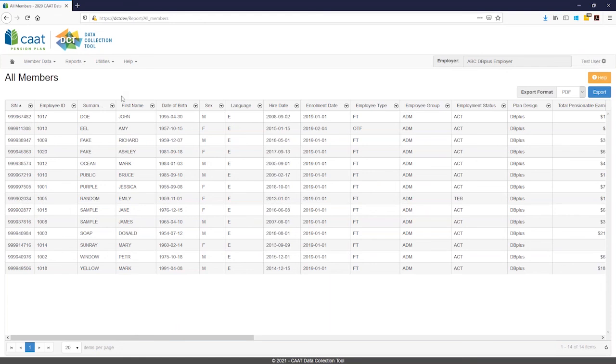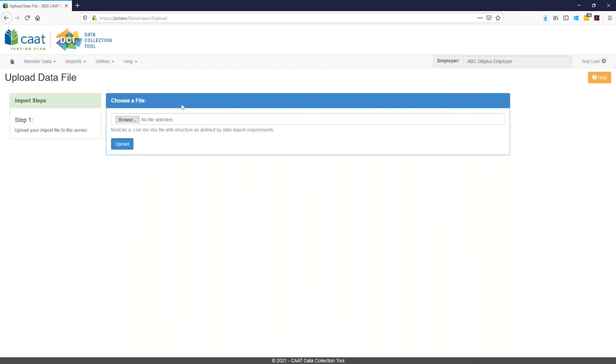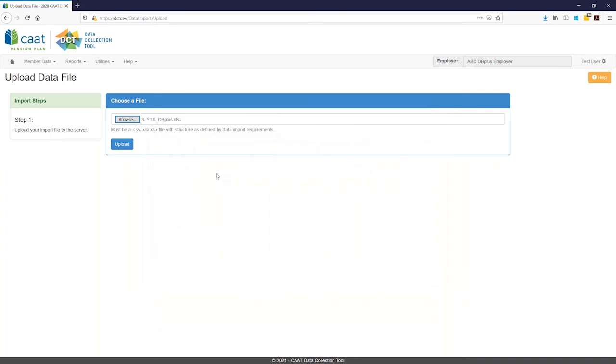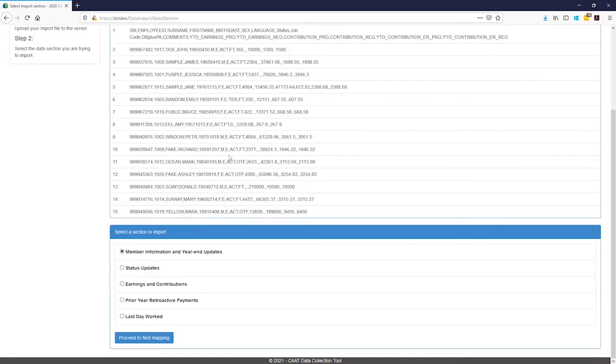We will do this by clicking the Utilities dropdown and select Import Data. When the Upload Data File window appears, we will browse and select Year-to-Date File and click Upload. In the following screen, we will select Member Information and Year-End Updates and click Proceed to Field Mapping.